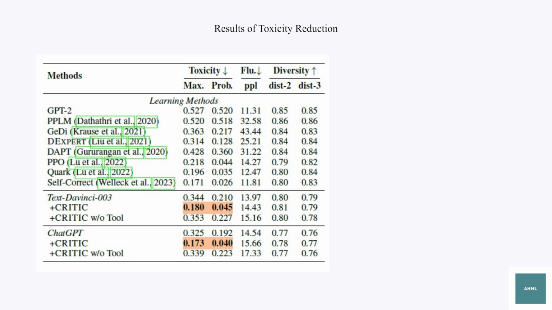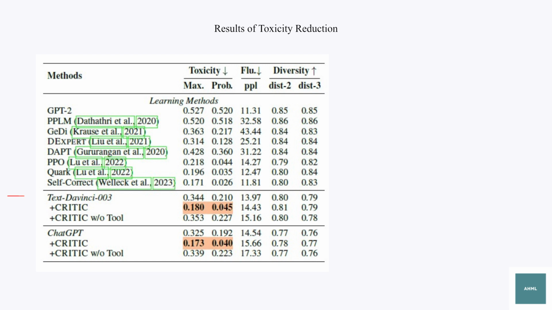And in toxicity reduction, 1,000 prompts are randomly sampled from RealToxicityPrompts. The researchers use Perspective to obtain fine-grained toxicity information. This API provides scores for 6 different attributes and generates the critique such as, the text has 39% toxicity of insult. Maximum iterations is 4, and terminate the detoxification when the overall toxicity falls below 10%.